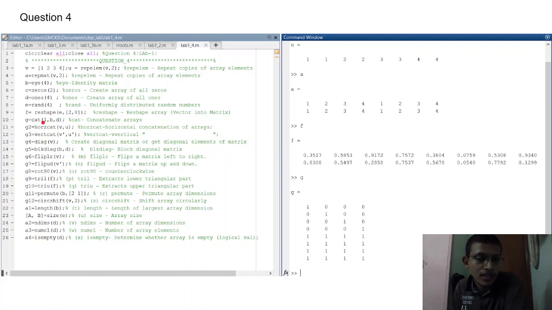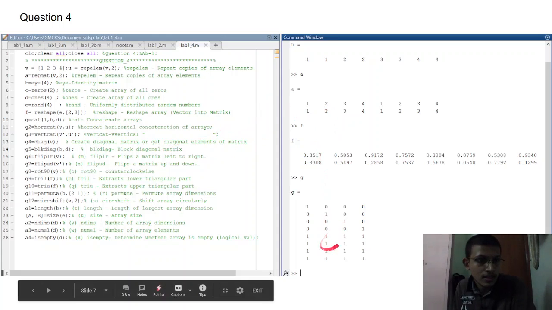If the initial argument is 2, then they are concatenated along columns. Horizontal concatenation is used by this command, where V and U are both horizontal vectors, used in line number 3. Vertical concatenation is also the same, where we have used the input arguments V transpose and U transpose.